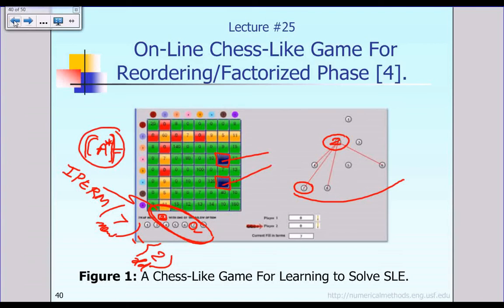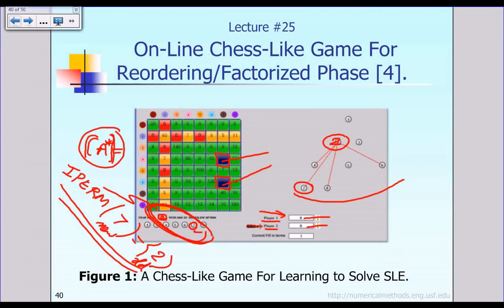Through this kind of game, the user, who can play as player number 1 or player number 2, if he makes a good move, a good swapping of the node, will be rewarded with some monetary amount. Otherwise, if he makes a bad move, like a chess-like game bad move, then the matrix A star may get worse. In that case, the matrix A star will have a lot more fill-in terms when you do factorization. So if the player makes such a bad move, he will lose his turn and will not be rewarded any money. But assuming he makes a good move, he will be rewarded some money, and then the other player will continue to make further swapping of the node or come up with a new I-perm mapping strategy, with the hope that his new move will further improve the number of fill-in terms when people do